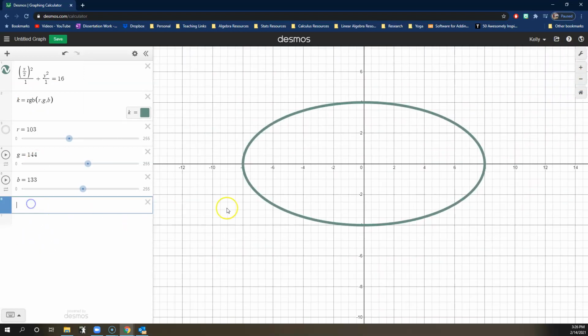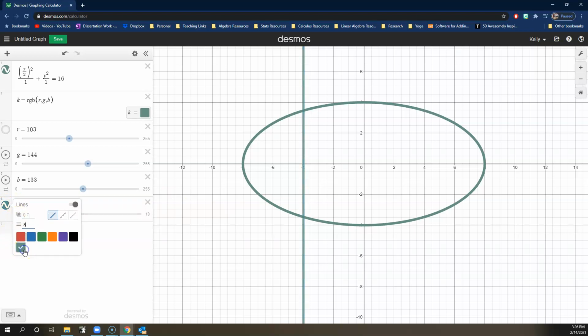So now I can add more to this. So I've got my ellipse. As we saw before, if I'm trying to put a K in here, I'm going to use a vertical line, probably at that -4. It looks pretty, so let's do x is equal to -4. I'm going to click this and hold so that way I can get to change the thickness to an 8, change that color to match my cute color. So I've got my second function, and now I'm going to want to go ahead and do a restriction because